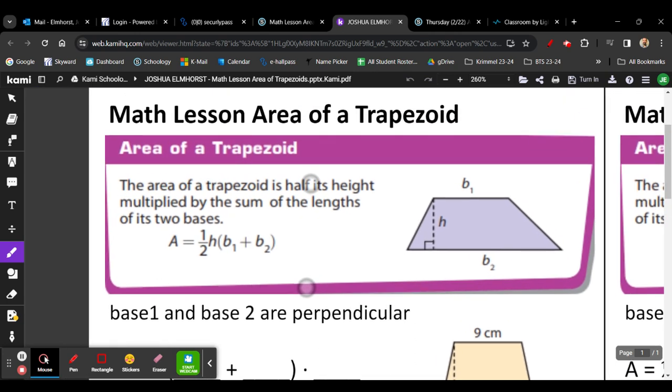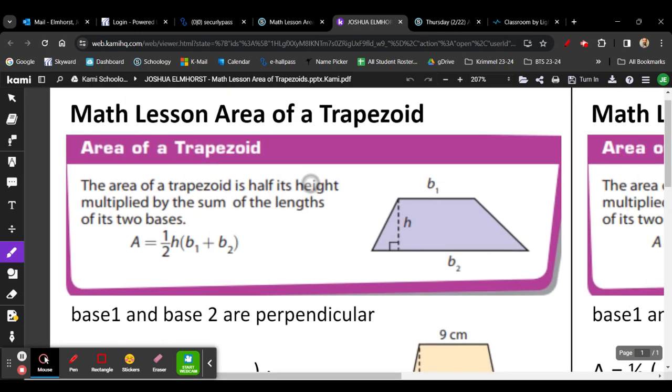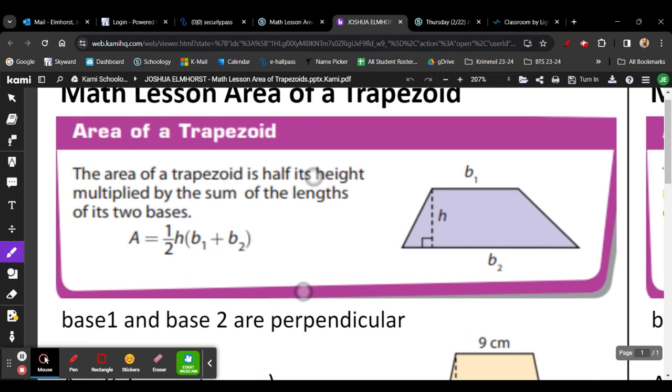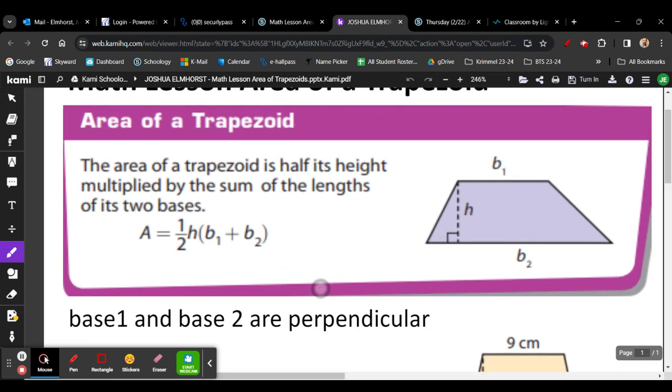Hey, this is Mr. Elmhorst with a sixth grade math lesson. We're going to take a look at the area of a trapezoid. So just take a minute to read through the notes up above. The area of a trapezoid is going to be half its height multiplied by the sum of the lengths of the two bases. So what that means is,